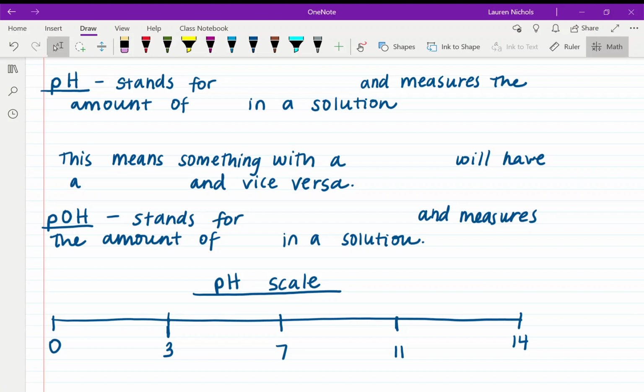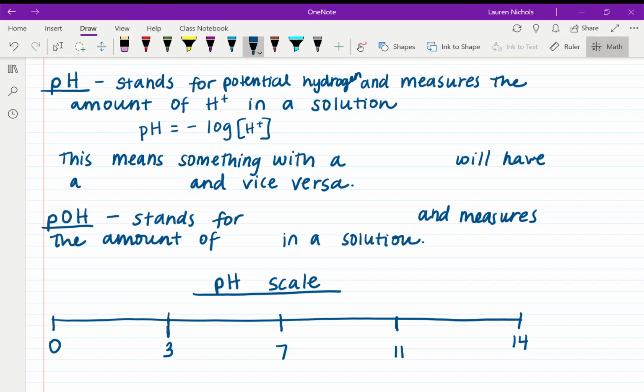Okay, everyone. So in this video, we are going to focus on pH. This is going to be our acids and bases video part number 2. So pH stands for potential hydrogen. And what this means is that our pH number is going to measure the amount of H plus or protons in a solution. And the calculation for pH is equal to the negative log of H plus concentration, or the